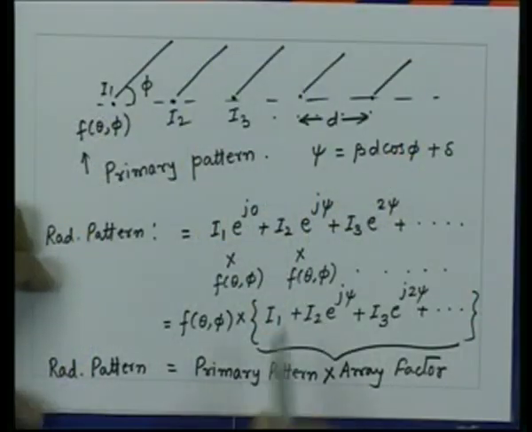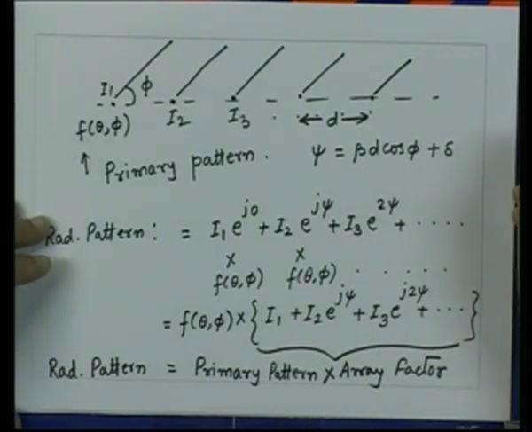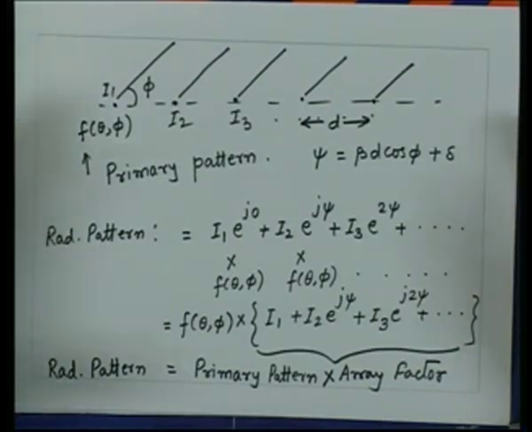Now, this concept, which is multiplication of the radiation pattern, can be applied in a variety of situations. It is possible that intrinsically the antenna element does not have a radiation pattern, it is isotropic, but I can combine some of the elements and treat that combination as a basic element, which will then have a radiation pattern, which I can call a primary radiation pattern, and so on. Precisely that is what we will do in the analysis of this binomial array. So, here